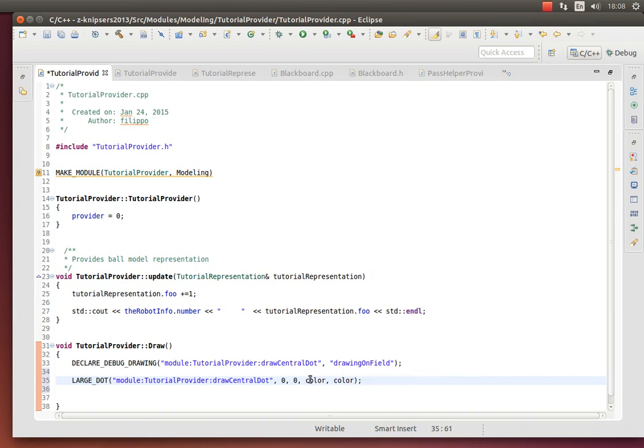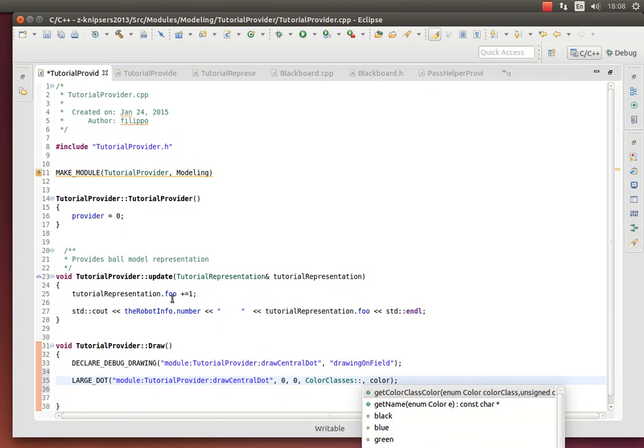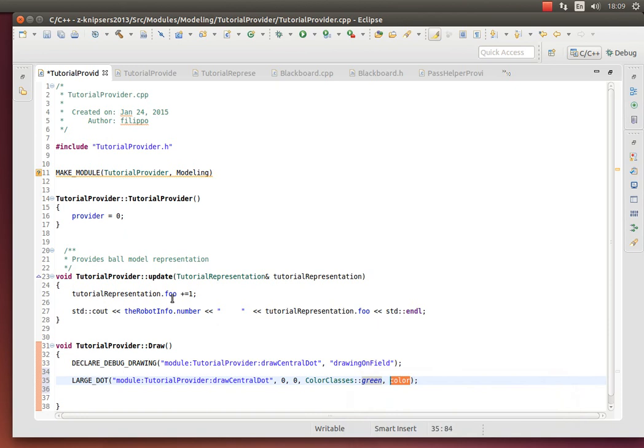Then we have to choose the pen color, so I would suggest to write Color classes, double colon, green, for example. This would be the fill color, double colon, red. Please notice that we can either set the color like that, so that we say okay, I would like to get the green color, or we can also give it as an